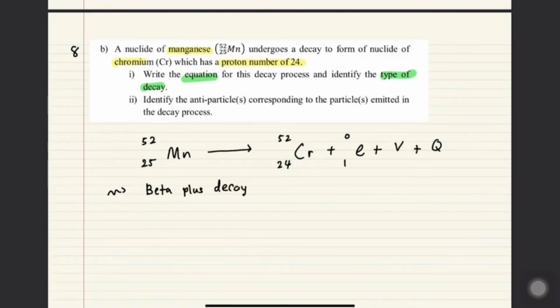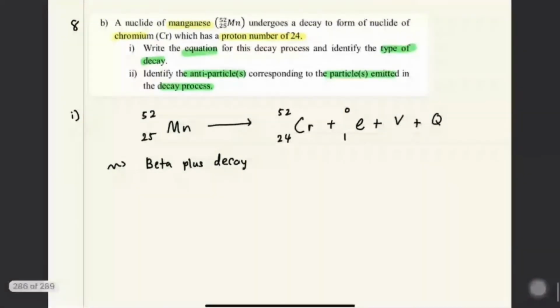Okay, this one's for question 1. Question number 2. Identify the antiparticles corresponding to the particles emitted in the decay process. Okay, so dekat sini particle emitted ada 2. Okay, so dia ada E tu dengan V tu kan. So particle